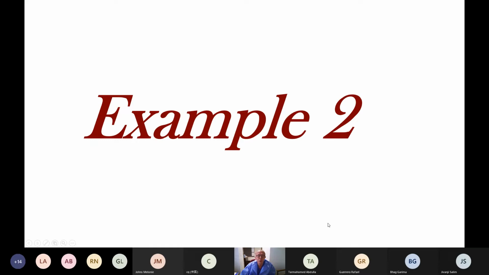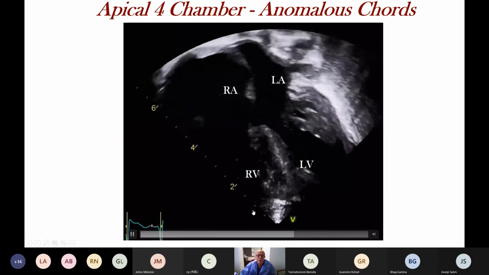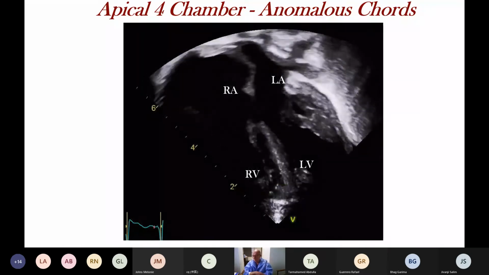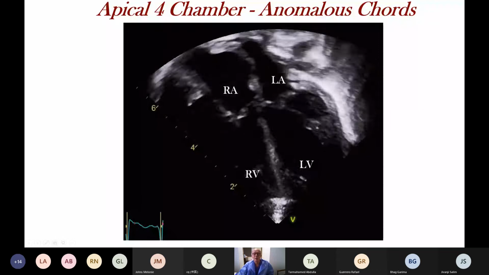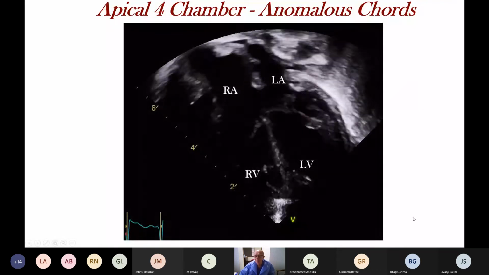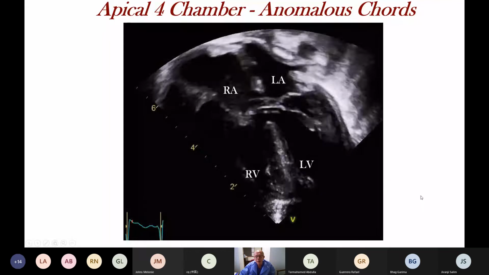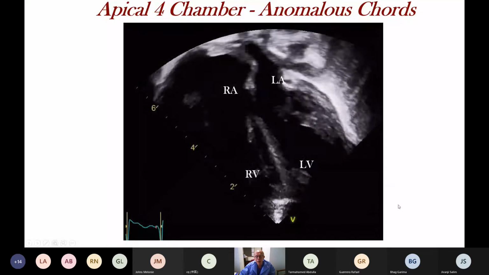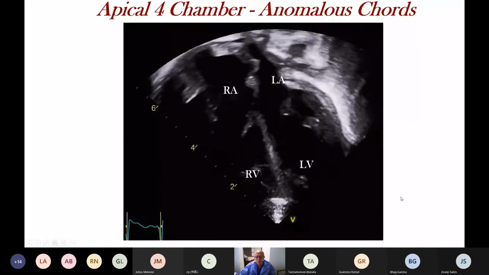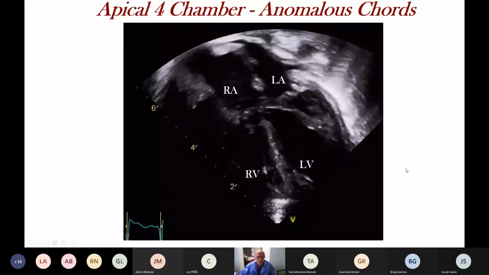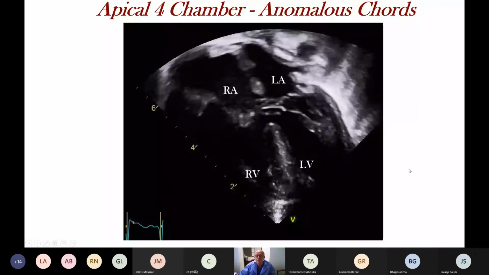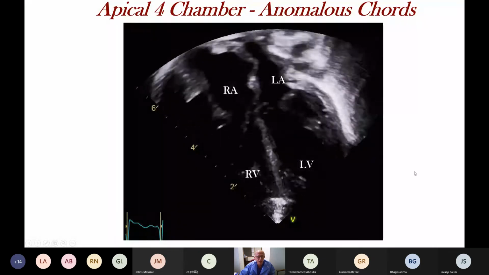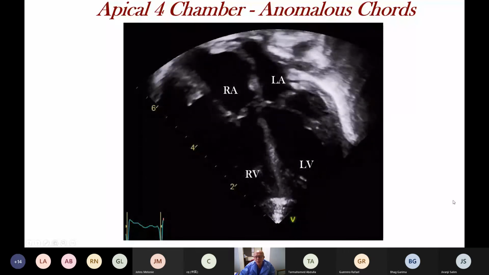Okay, so example 2. This is another case that went through our MDT as a regular complete AVSD. So the patient had surgery, did well, but came back 6 weeks later with a stenotic left atrioventricular valve regurgitation and needed a revision operation. Bit unusual for us, that. Again, a very good AVSD surgeon. But when I looked back